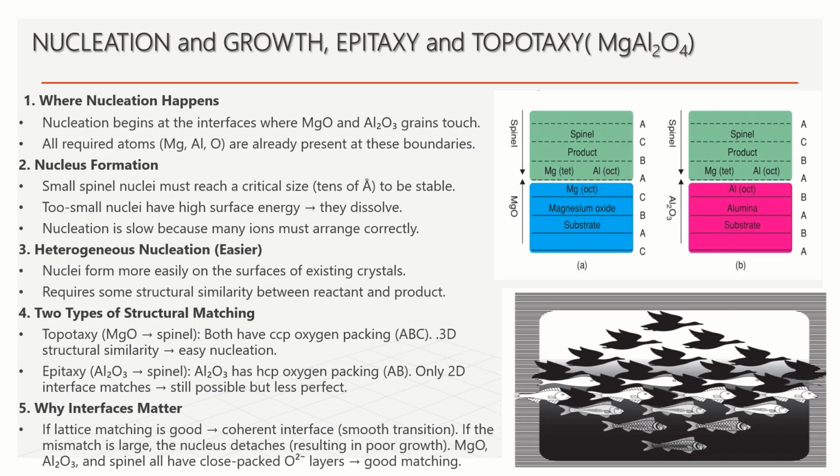Then case A, the A part of the picture. At the boundary between MgO and spinel, the oxygen layers have the same type of stacking called ABC stacking, which means cubic close packing. MgO has a rock salt structure where the Mg divalent cation sits in all the octahedral holes. The spinel has a similar oxygen arrangement, just with the Mg in tetrahedral sites and aluminium in half of the